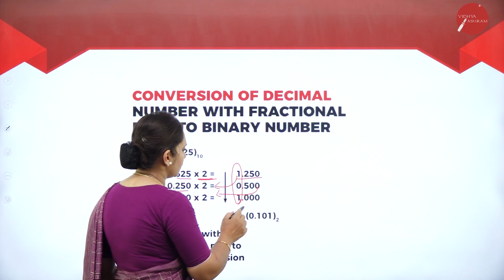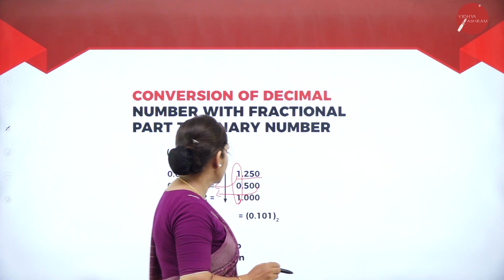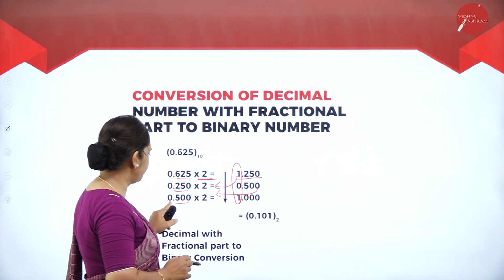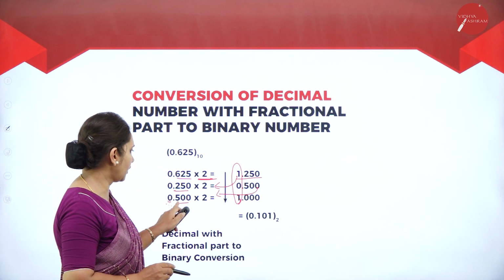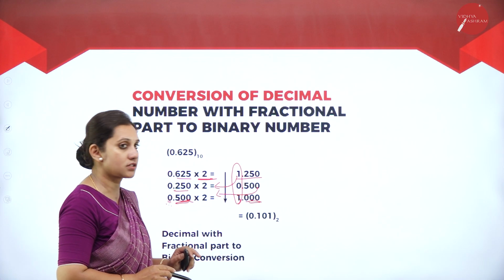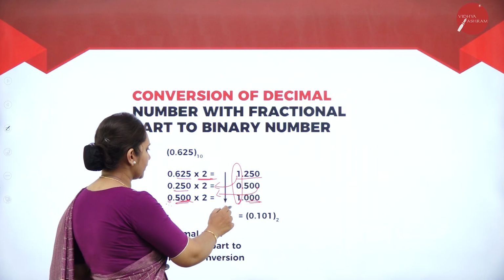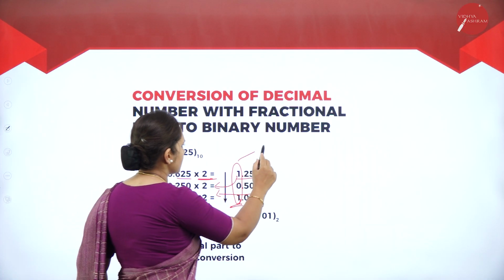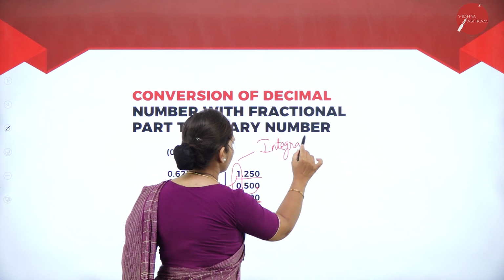Okay. So that is what here they have taken, until the fractional part becomes 0. Fractional part should become 0 over here. This is a fractional part. Okay. So see here, this is the fractional part. It has to become 0. When I multiply, this is the integral part. Don't get confused. Okay. This is the integral part.